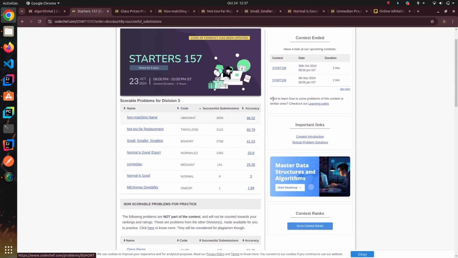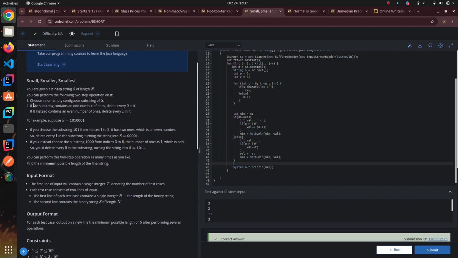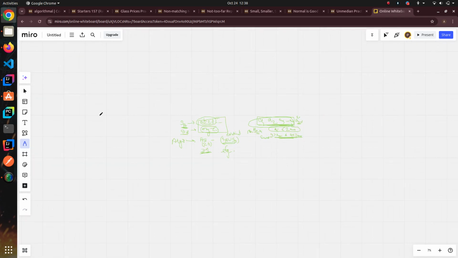Okay. So the next problem is small, smaller, smallest. This is a good problem. You are given a binary string, and we need to choose some substring of s, and if it contains an odd number of ones, we will delete every zero. If it contains an even number of ones, delete every one. So what we will do is,